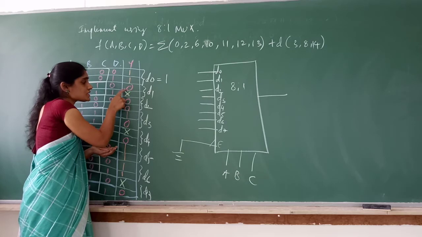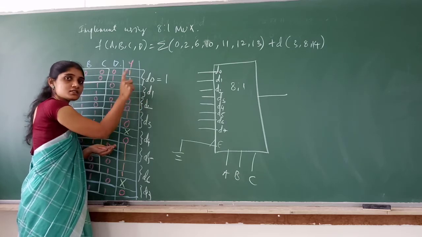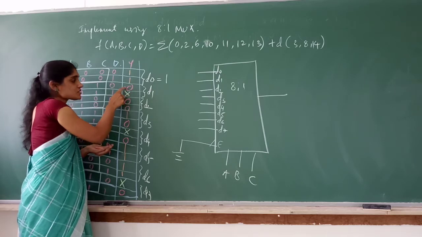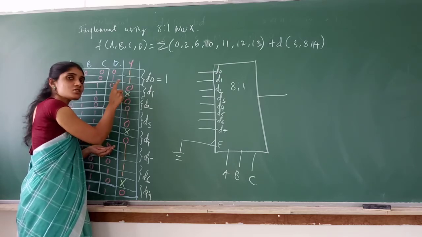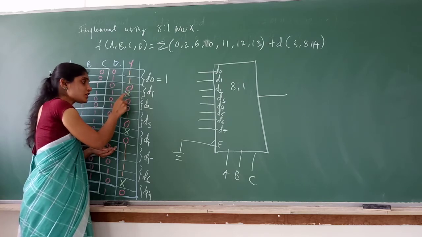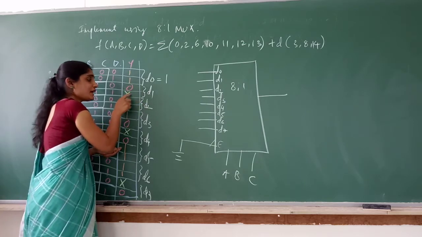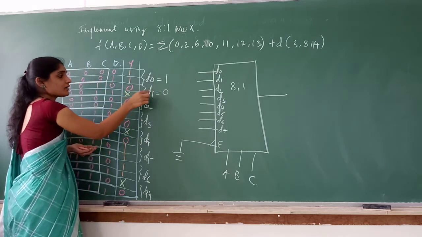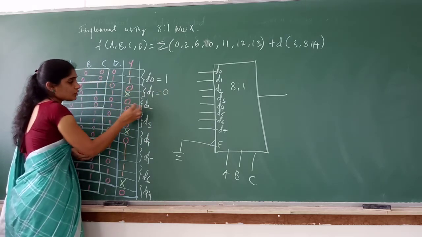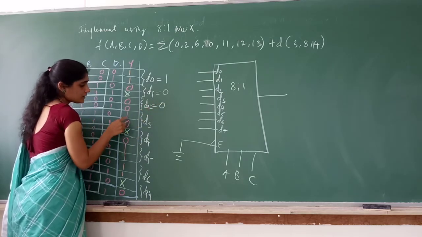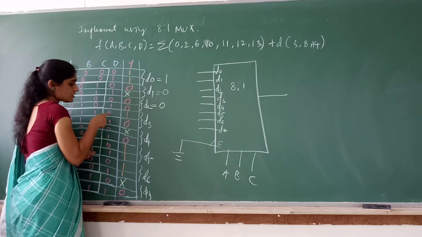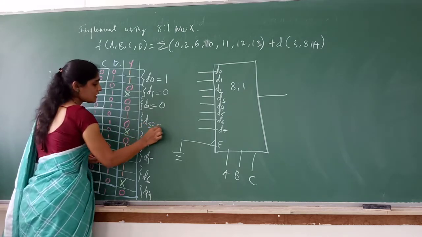So if both are 0, 0, what is D1? 0. I assume that here the don't care is 0. As for the previous positive condition, the output is 0. For this also, I assume that the output function will take 0. By assuming that, I write D1 as 0, because if both are 0, I can write D1 as 0. Here both are 0, so 0. Here 1, 0, so compare it with D variable. 1, 0, 0, 1. So what is D3? D bar.